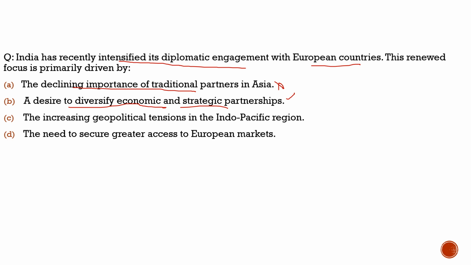So a country like us, a country that is trying to be a global leader, has to diversify its relationships, whether they are near neighbors or far neighbors. We have to diversify our relationship with every country. Our approach should be very much different. If we talk about the recent conflicts, we have shown a very neutral approach, especially with respect to Russia and the Israel and Palestine war. We have shown our neutral approach.